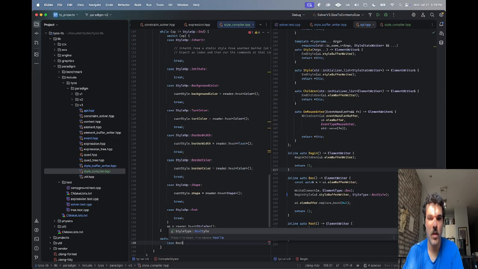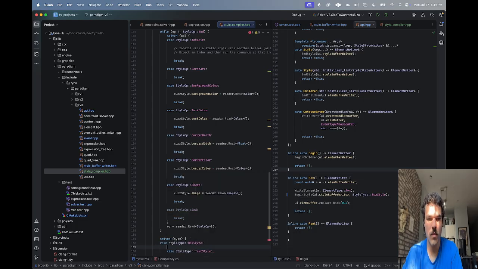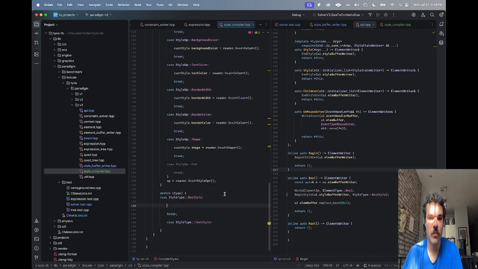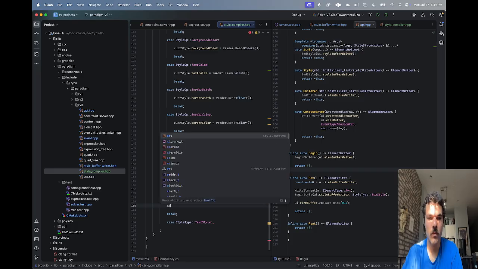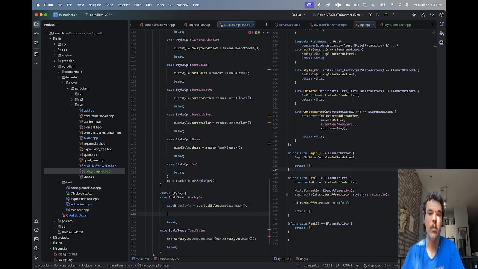Case box style, case text style. We want to say ctx.boxstyles in place back, ctx.boxstyles.back. That's not at all how that works. Auto box style, and then we should have